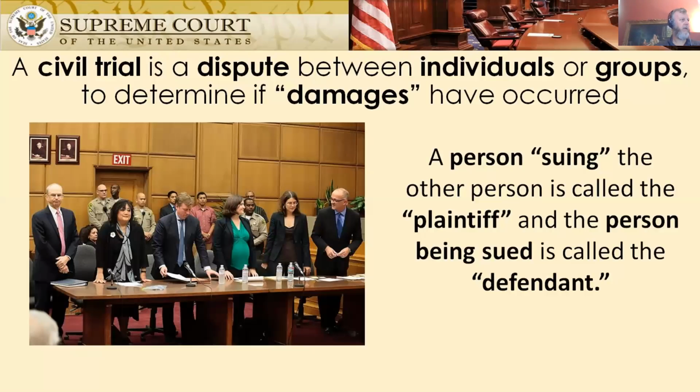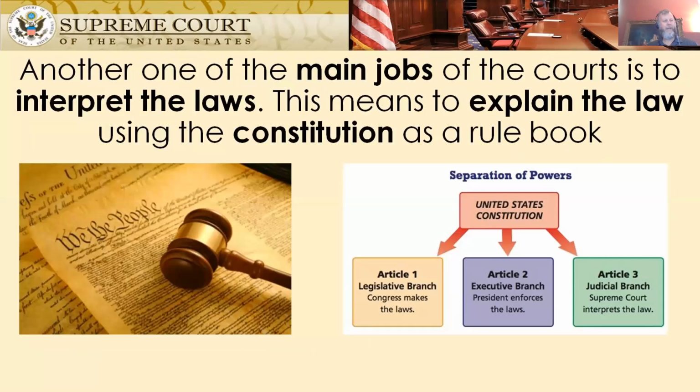and we're going to see what the main job of the judicial branch is. Yep, that's right. It is to interpret the laws. Now, you can see in our picture here, we've already discussed the legislative branch. They make the laws. The executive branch enforces the laws, and the Supreme Court interprets the laws. What do they use to interpret the laws? The Constitution. So let's go back to our